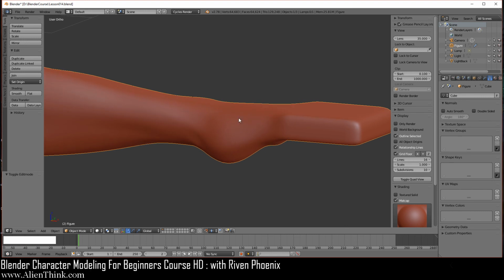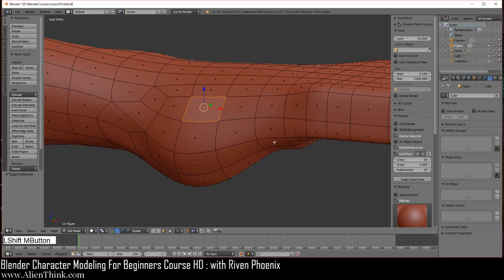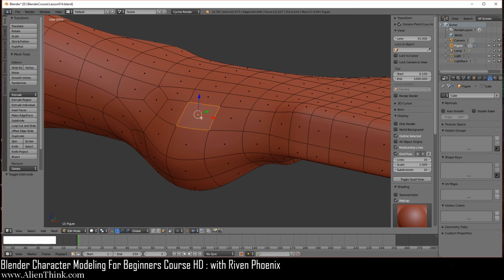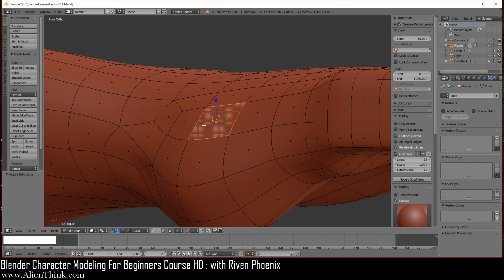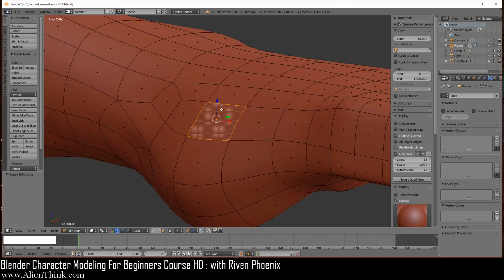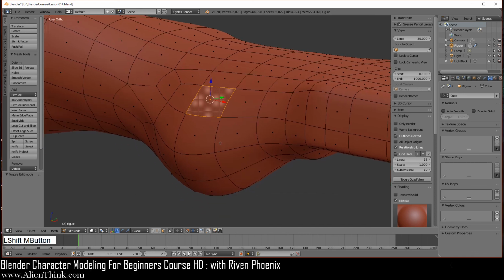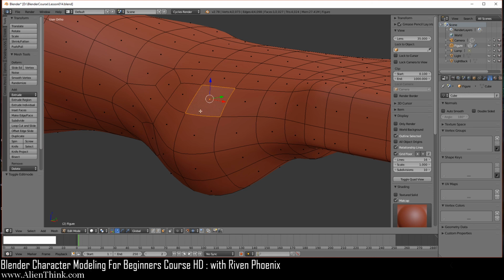Now let's zoom in on this hand over here and press Tab. Notice, in order for Blender to render this correctly, what it does is basically look at the actual face first. Then it looks at what angle this face is at, and where's my light source? So if the ray hits this face, it's going to hit it at that specific angle, and that ray is going to bounce all around and finally come to the 3D viewport, which allows you to see this face correctly rendered in your 3D scene.